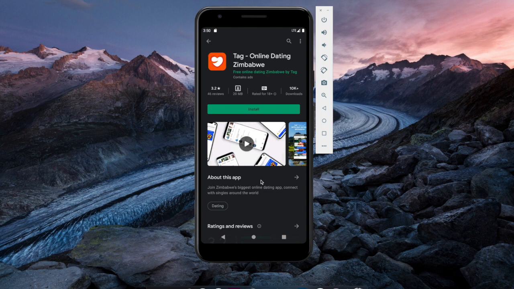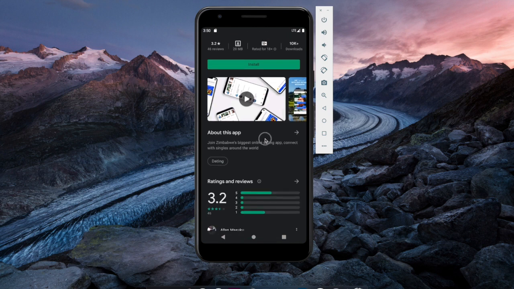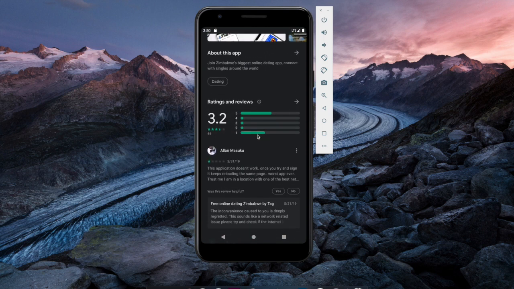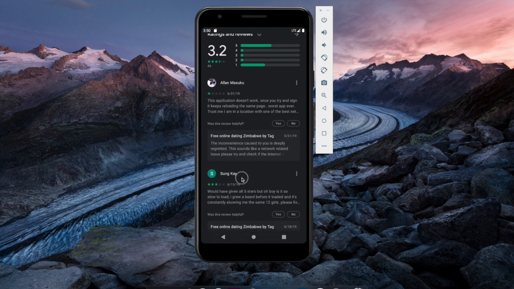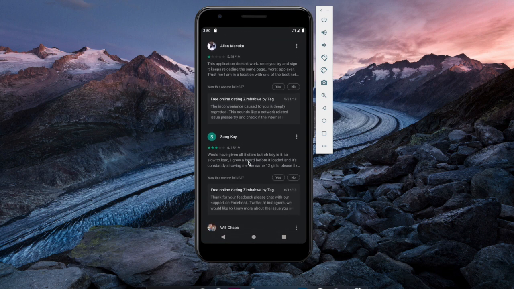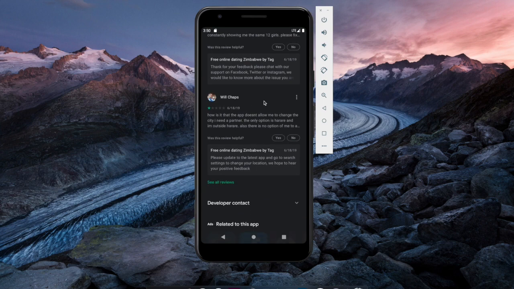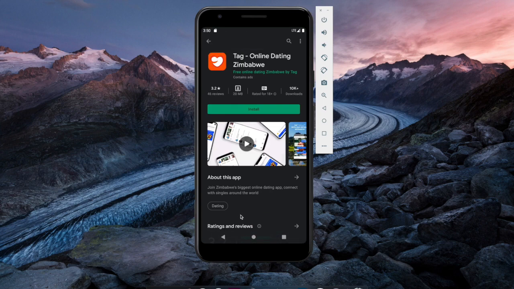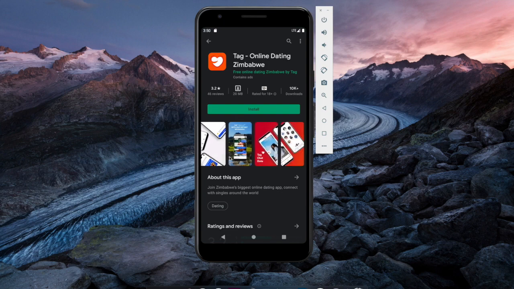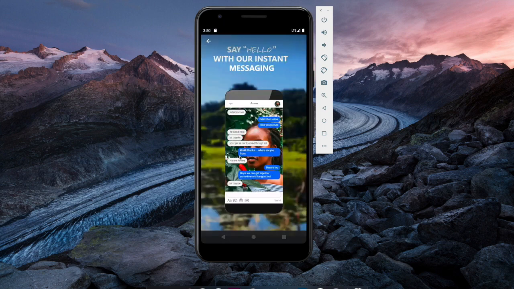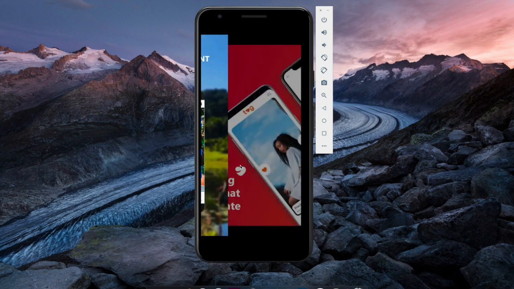It's a dating app. If we have our own dating app, then that's pretty cool, hey? And this one has over 10,000 downloads. But when I was checking out the reviews, I saw that some people were complaining that it doesn't take them to the next stage when signing up, and it's slow and so on. But I don't know, do you guys have this app installed on your phones? Looking at it, it looks okay-ish.